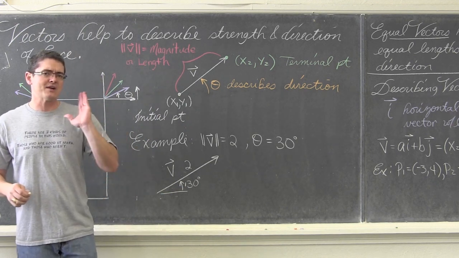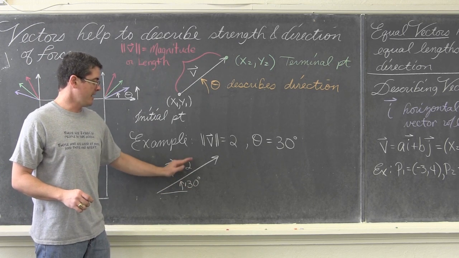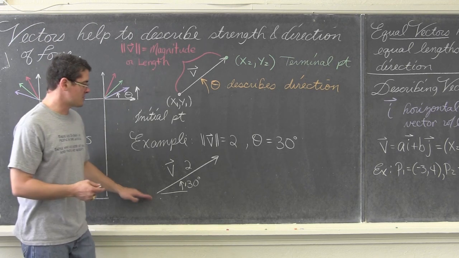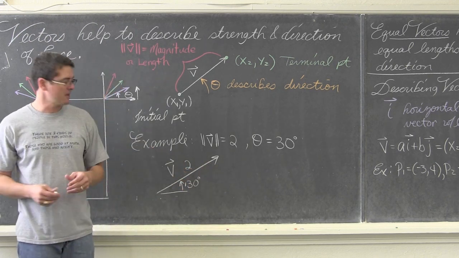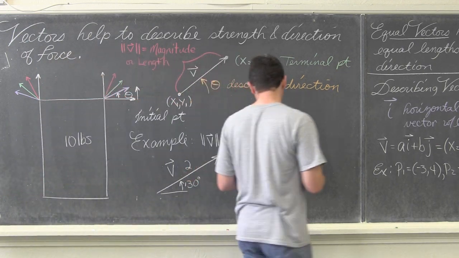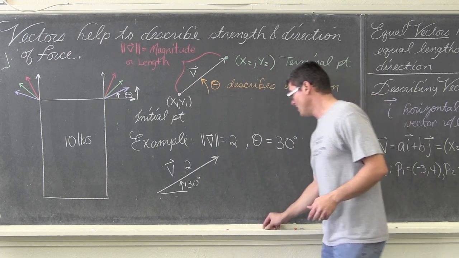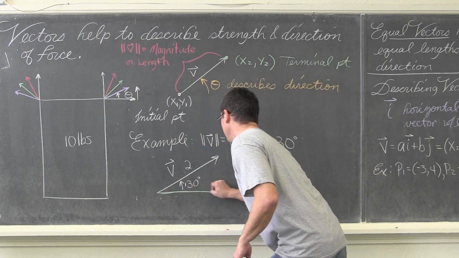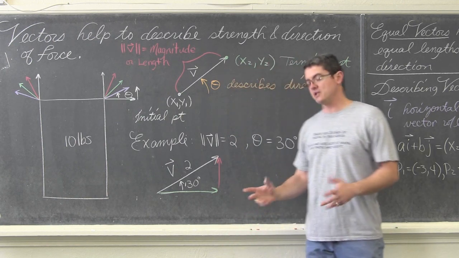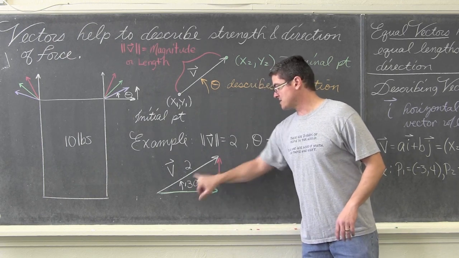Now, here's a little preview of actually the very last example I'm going to do. This vector has a direction of 30 degrees and a magnitude or length of 2. How would we describe that in terms of its horizontal and vertical components? And I'm getting ahead of myself a little bit here, but if you've been studying trig and studying the unit circle quite a bit, you should actually know right off the top of your head how much is the horizontal component and how much the vertical component is, because you should understand or know the sides of a 60-30 triangle.